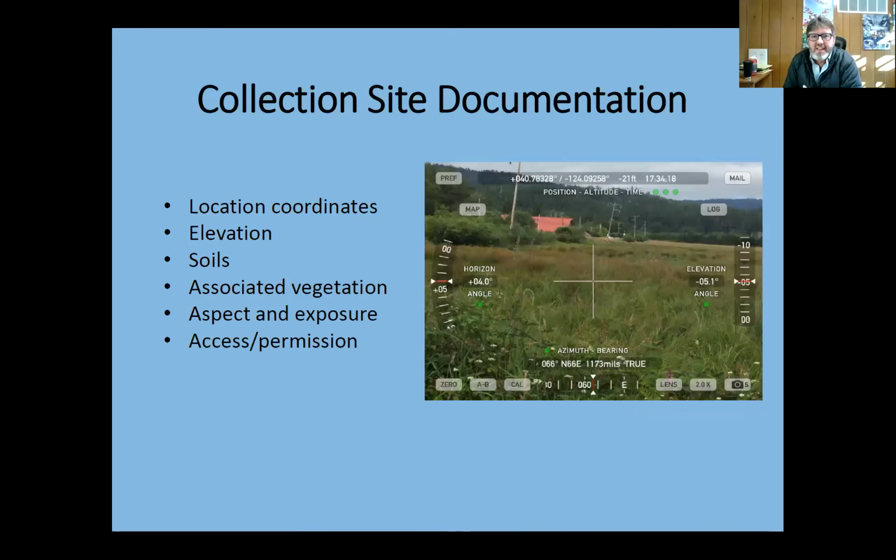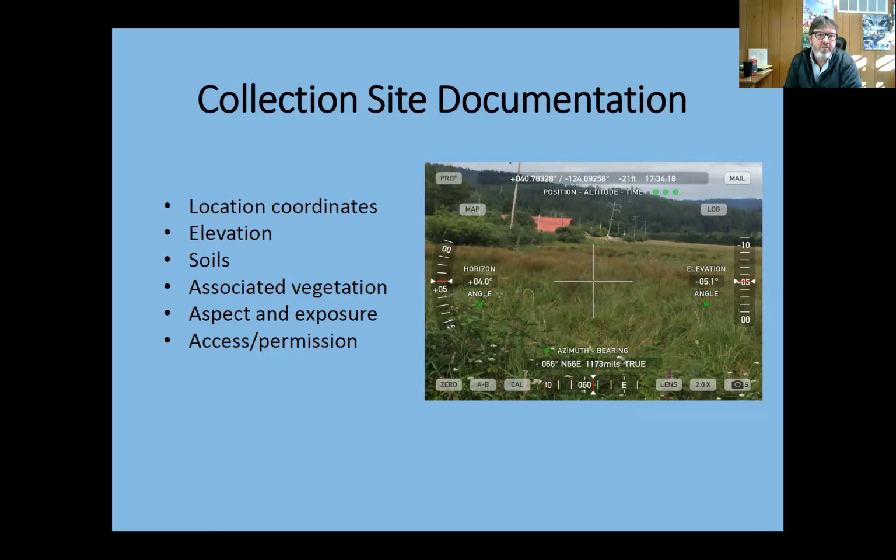So when you're collecting that stock seed, it's really important to have good documentation of that. That can come into play later when folks are trying to design their habitat restoration projects. Obviously, the coordinates are the most important thing, so you have to make sure you have the data on exactly where that seed came from. With that, you'll get elevation information, which is important. Soils can come into play as well.